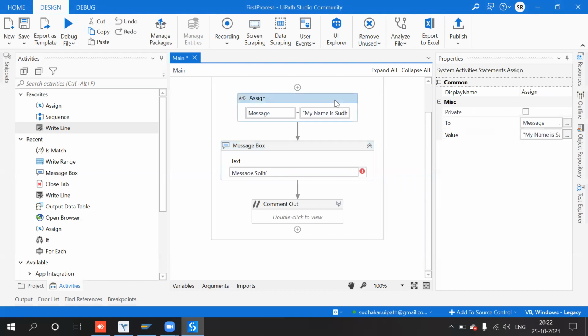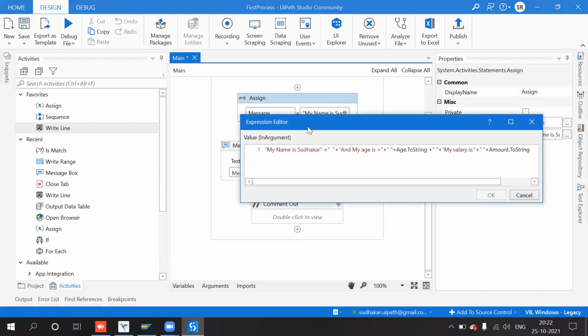So when you go with this, see, there is a gap: my, then followed by name, then followed by is, then Sudhakar. So like that there is a gap.